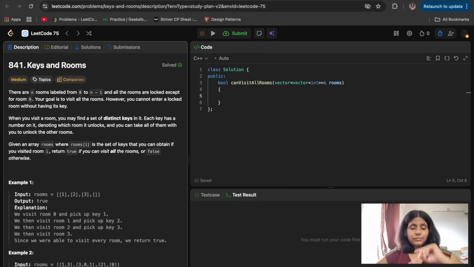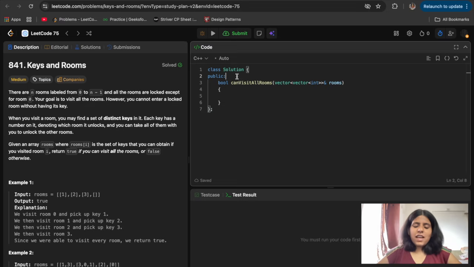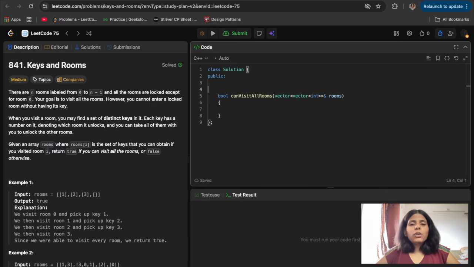What we have to do here: we have key 0, we will enter the zeroth room and take the keys in that room, and based on those keys we will enter other rooms and collect keys from them. We'll continue this process until we visit all the rooms. If we visit all the rooms we return true, and if we can't visit all rooms then we return false.